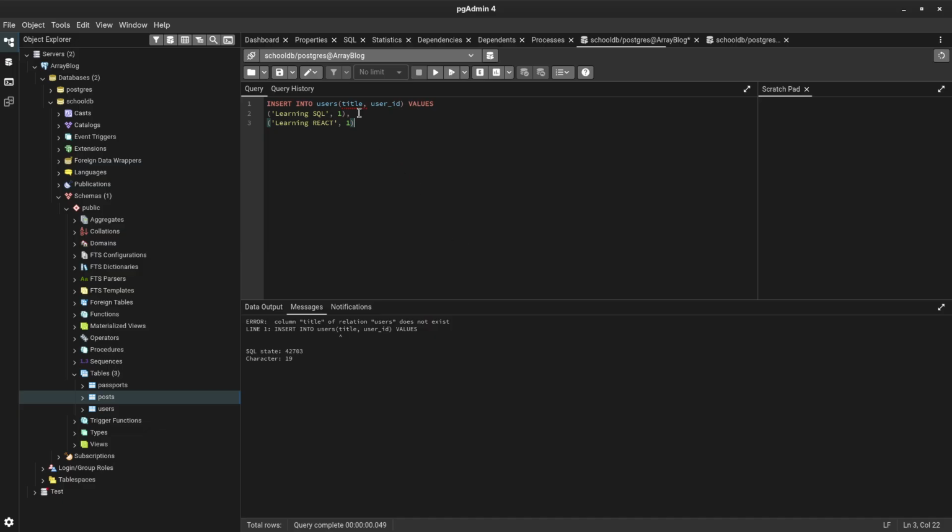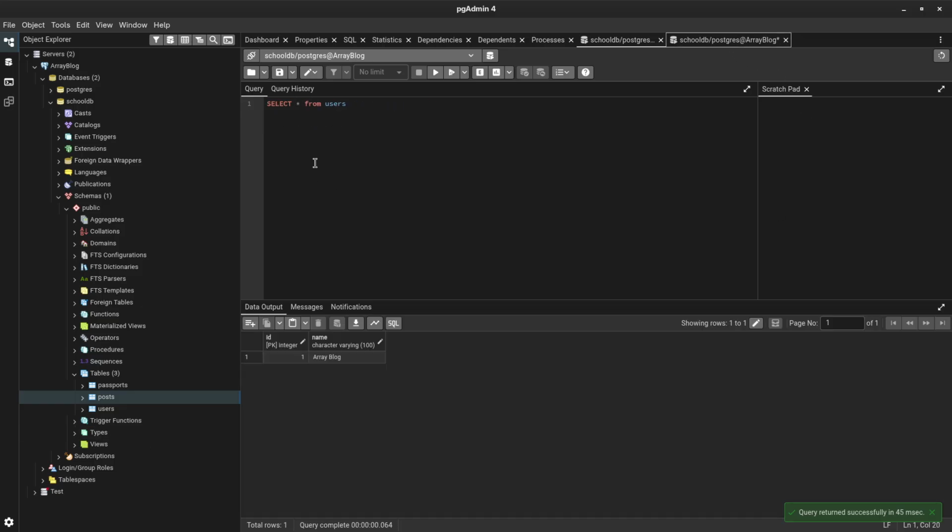It is giving us an error because, okay, we are inserting into users, we have to insert into the post. When you execute this, it got executed. So when we select asterisk from post, and when we execute this, we got learning SQL, learning read, right? Now one user has many posts, right? You can see that the user